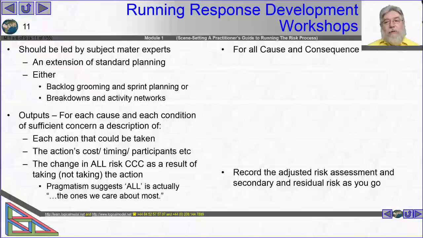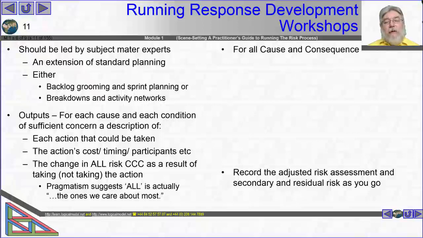So the theory here is that when we find that we have causes and conditions, we think about all the responses, and when we think about the responses, we think about all of those responses' outcomes on everything else, and we do that from each stakeholder's perspective, and now we have something that's far too large to be practical. So I've said all, but I am going to guide you that some pragmatism is going to be needed there,